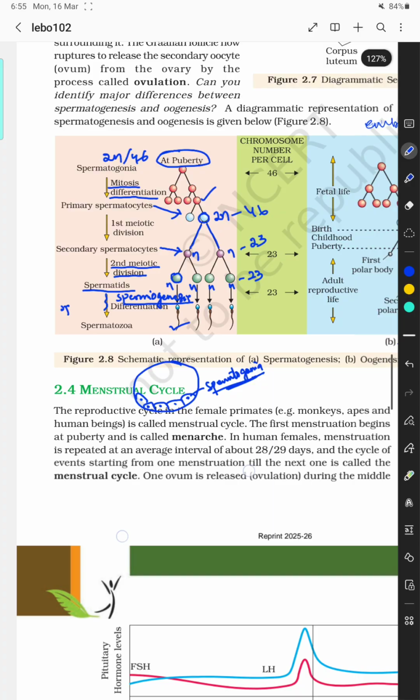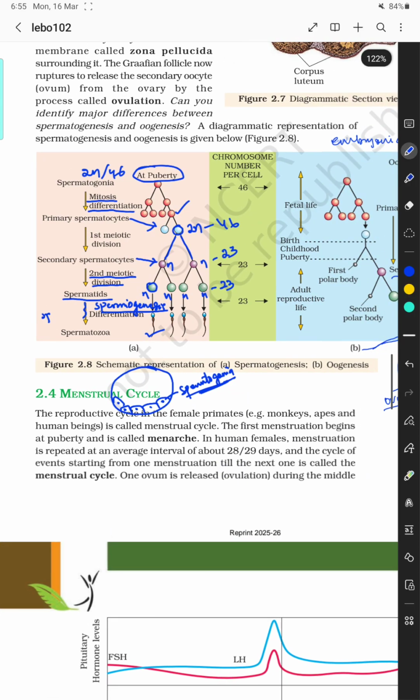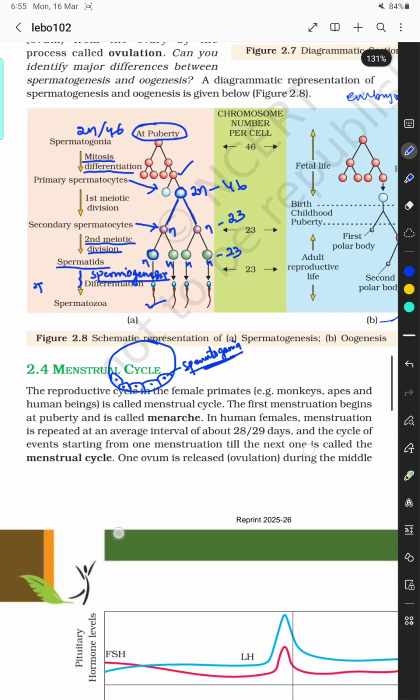Now next topic is menstrual cycle. तो मेंस्ट्रुअल साइकिल let us do it tomorrow morning, कल सुबह करते हैं। यहाँ तक आप अच्छे से पढ़ो, समझो,